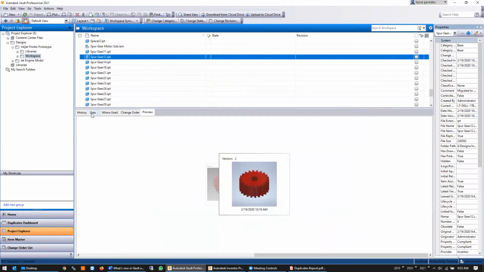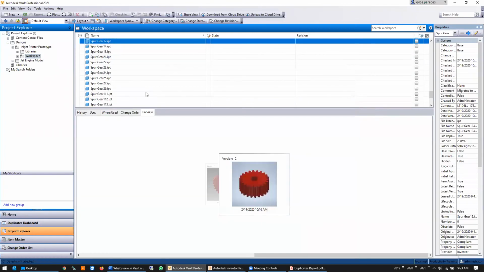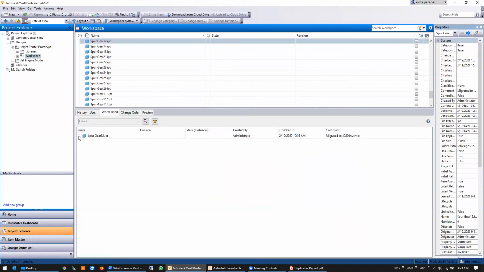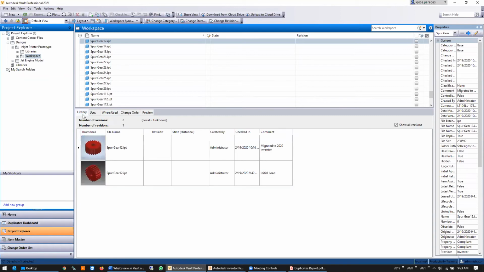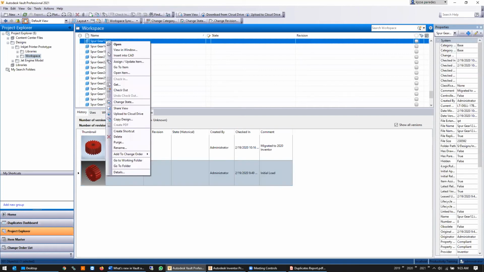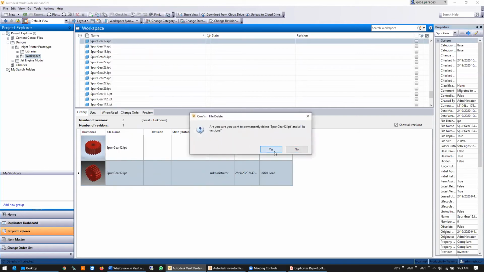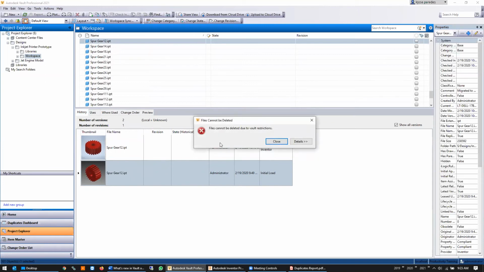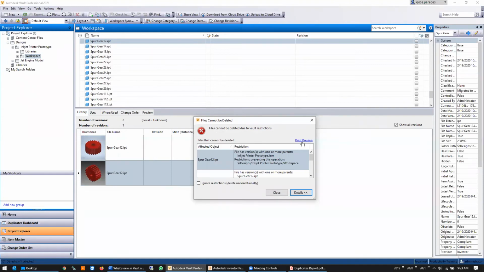So now I'm going to go ahead and close it. Ended up doing the replacement without an issue. So if I go to where used now, you'll see that this is no longer being used in any assembly. What ends up happening though is because this spur gear was used at some point, initially when I uploaded, if I try to delete this now, so I'm okay deleting it, it'll give you a file can't be deleted due to restrictions. It's still tied to an older version,